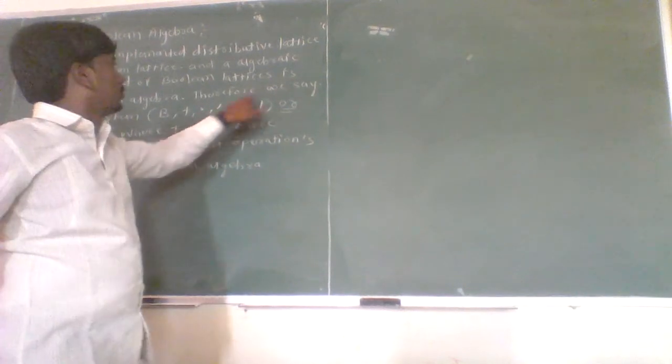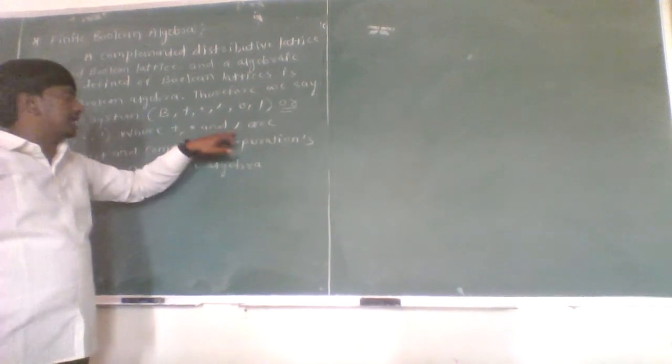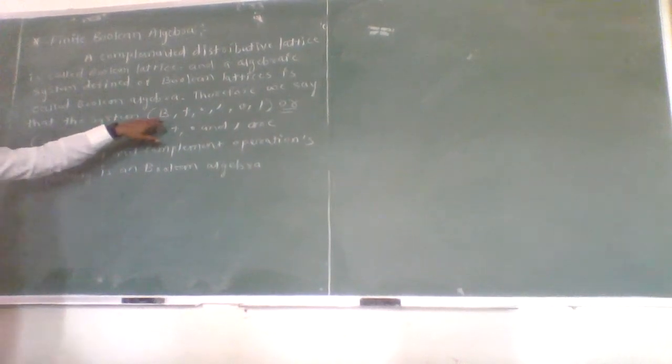Therefore, a lattice which is represented by an algebraic system defined by B, plus, dot, dash, 0, 1, or it is also denoted by B, plus, dot, dash, where plus is nothing but join, dot is nothing but meet, and dash is nothing but complement, and these are the three operations respectively. This is called a Boolean algebra. For example,